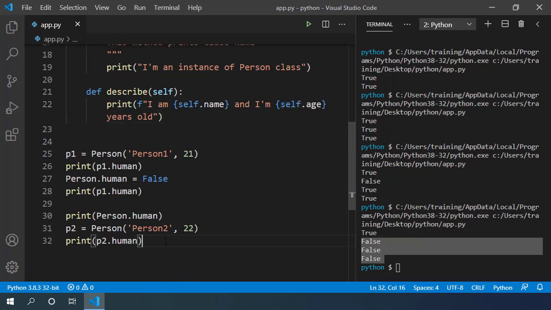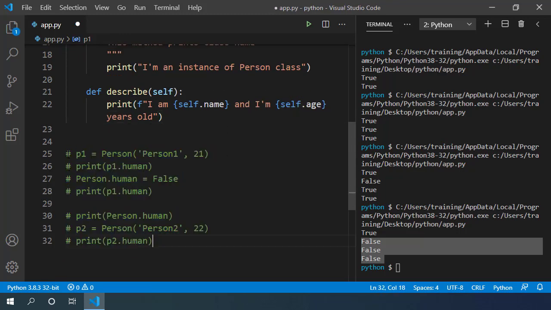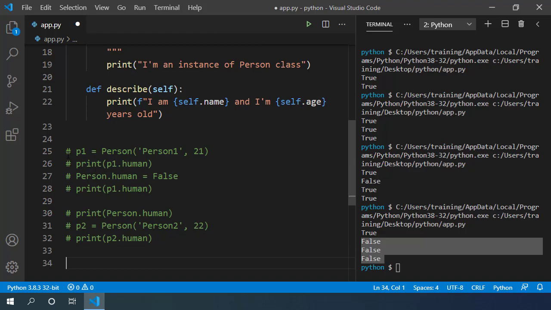Let's comment out all the code from here. Let's use this newly created factory method Person.create. It takes name and age as arguments. Let's assign name of Pamela and age of 24 and assign it to a variable pamela.